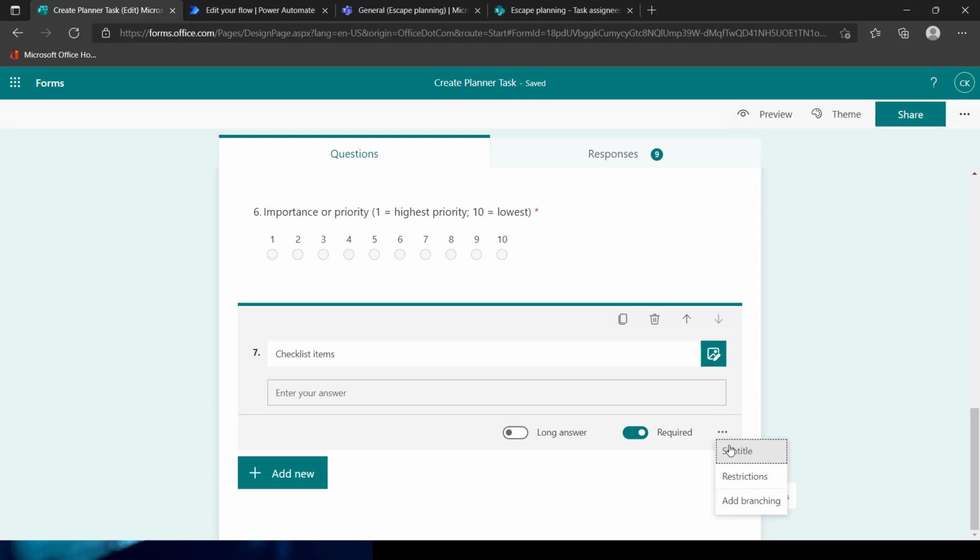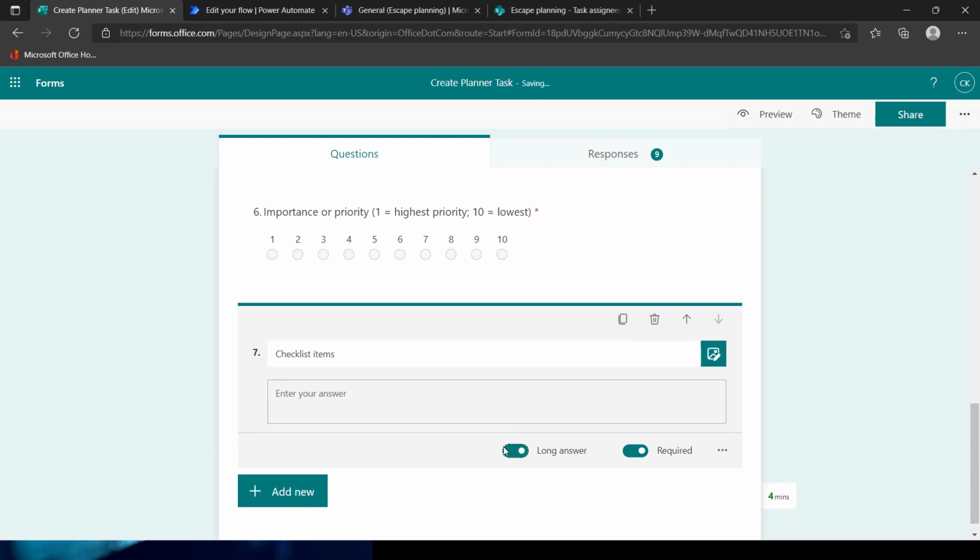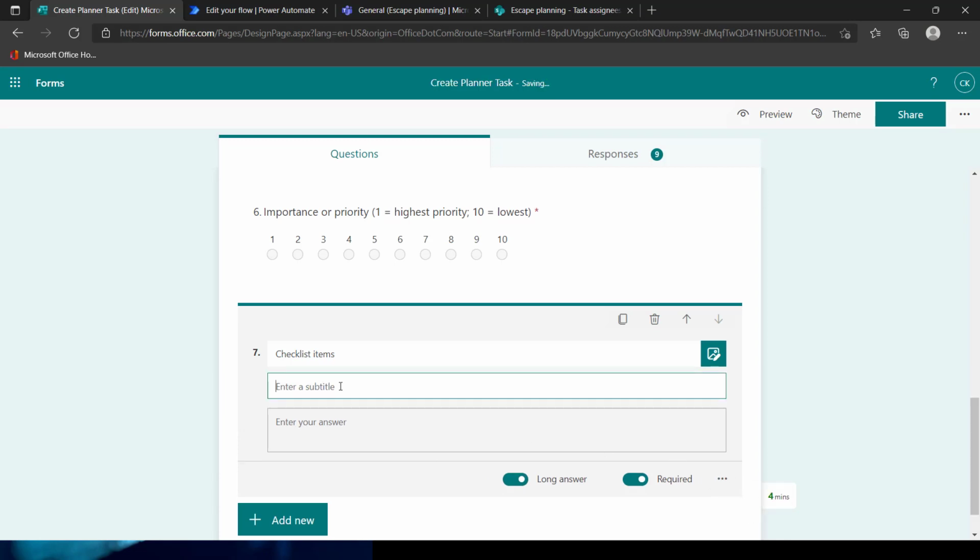So what I like to do is, well, first off, let's make it a long answer so they can enter multiple lines of text. And I think the simplest way to help people do this, or to guide them, is to say enter each on a separate line, because then we'll have a new line character. So we'll say enter each item on a new line